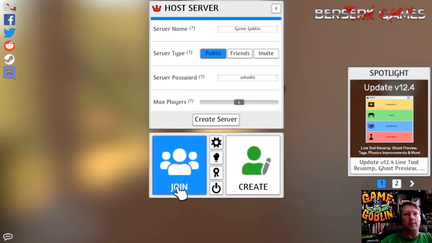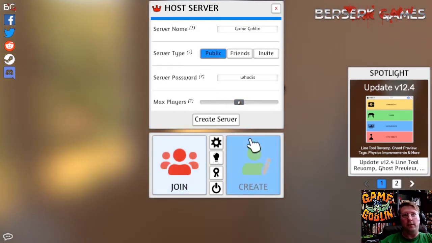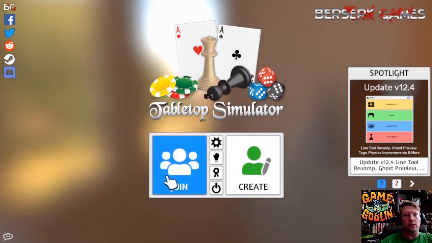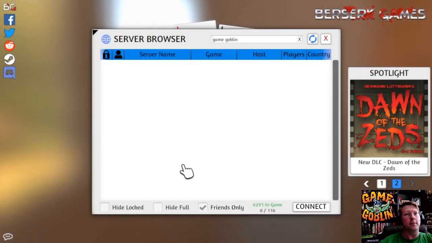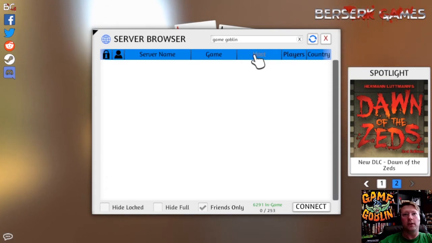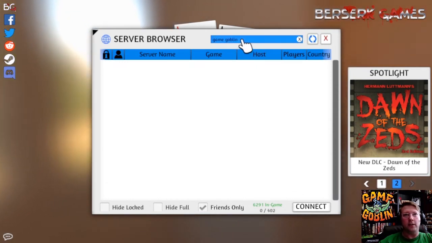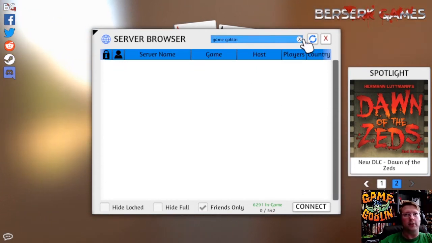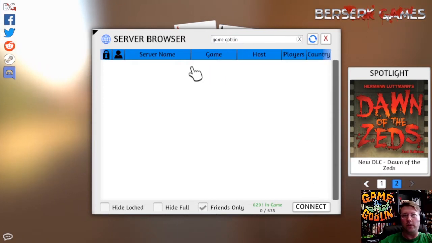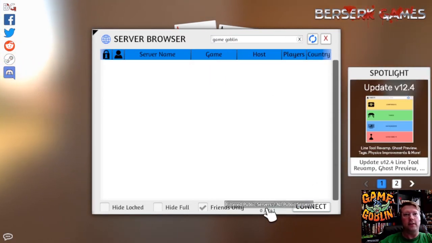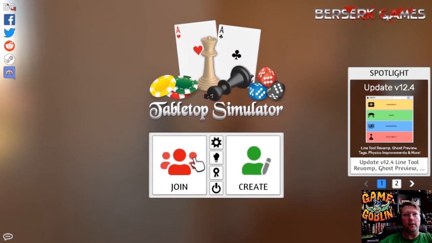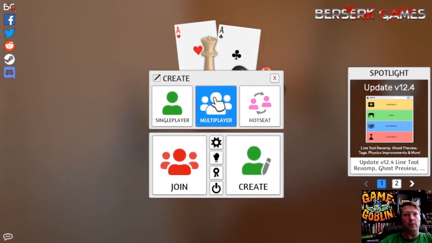If you're going to join a game, you'll get a login. You'll get the server name and login from your host. And it takes a while here. You could type in Game Goblin in the search and it'll come up and then you'll highlight it and you'll hit connect. It's going to take a while to load them all, so we're not going to do that. We'll go back to create,